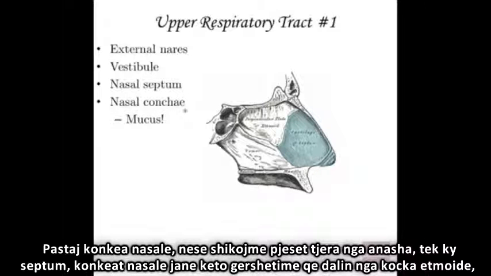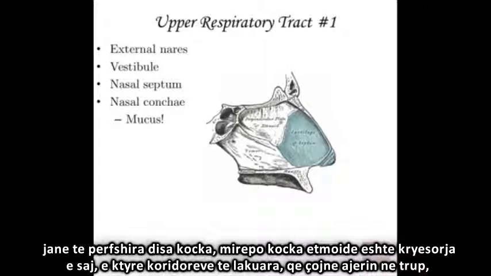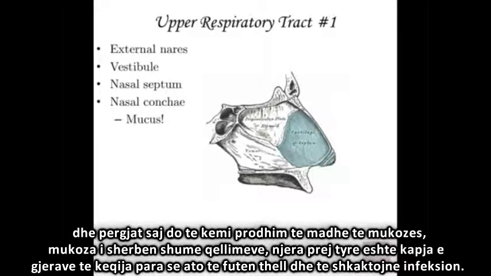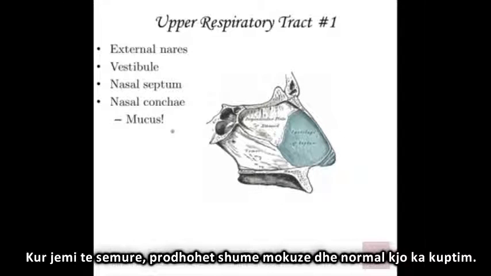And then, of course, the nasal conchae. If we were to look at other parts on the sides, lateral to this septum, the nasal conchae are those twists and turns of mostly the ethmoid bone. There are a couple other bones involved, but the ethmoid bone is the majority of those twisty-turny passageways leading air into the body. And along that, you're going to have the production of lots of mucus. And the mucus serves many purposes. One of them is catching dirt, catching bad stuff before it gets deeper and causes infections. When you're sick, you're going to produce a lot more mucus, and that makes sense.